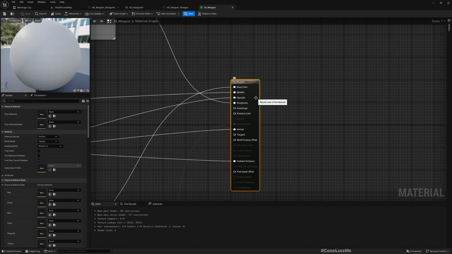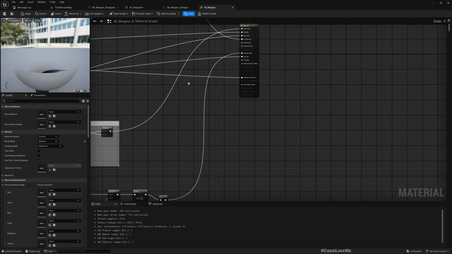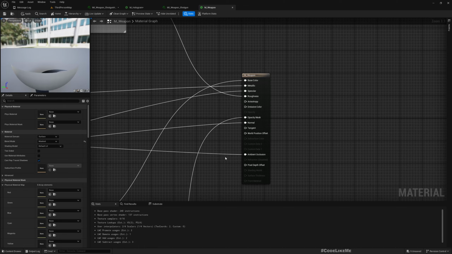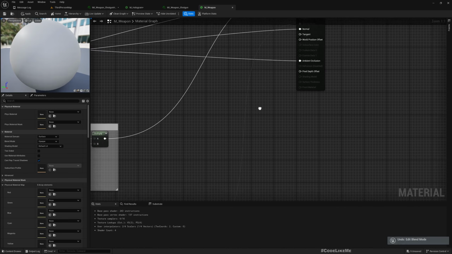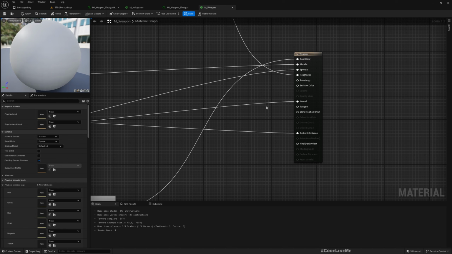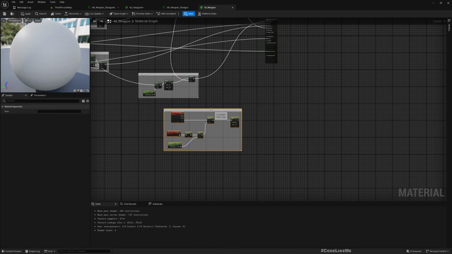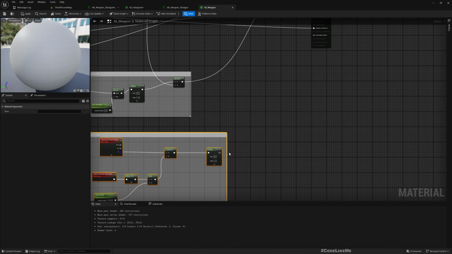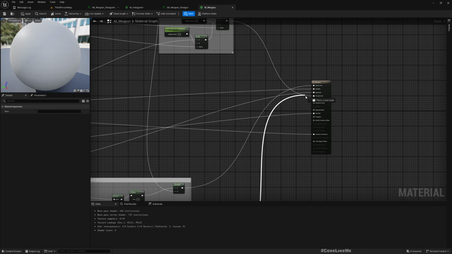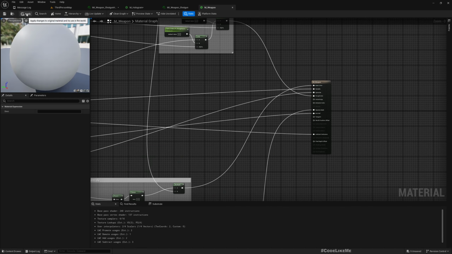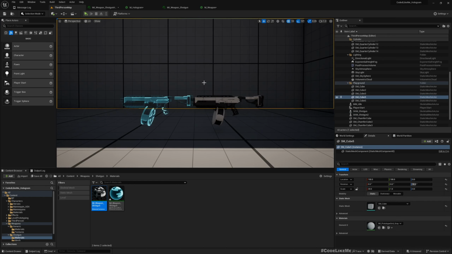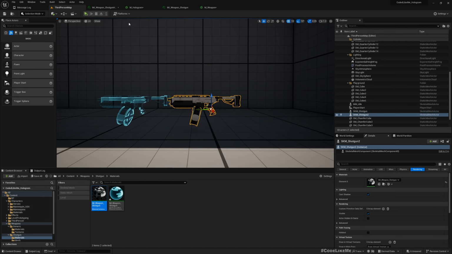Then I'll copy it here, but this material is an opaque material, so I'll make it a masked material so that we can get the, oh, it already had the opacity mask. No, it doesn't. Okay, masked. Now let me paste that, and so here we clamp, so we need to invert this. If I directly connect this to the opacity mask, as you can see here, it's fully visible,